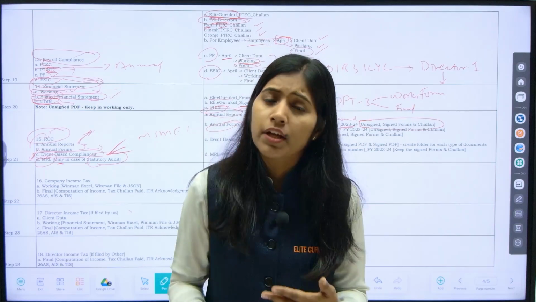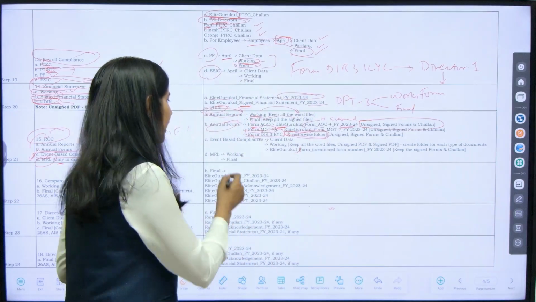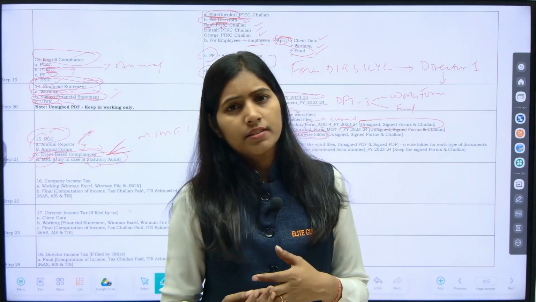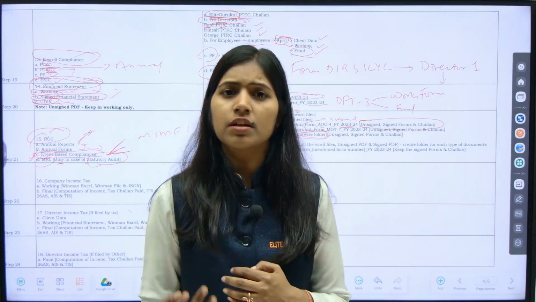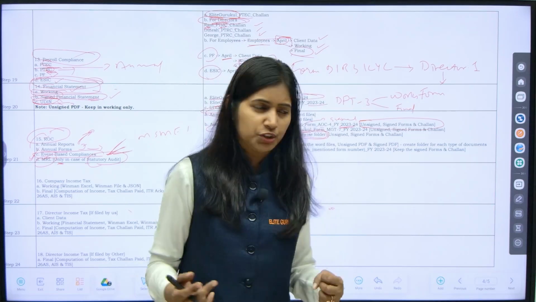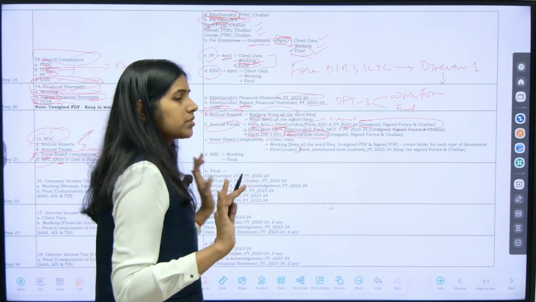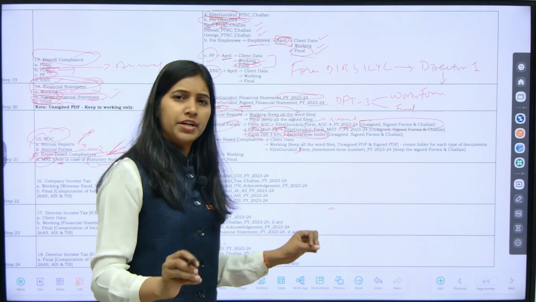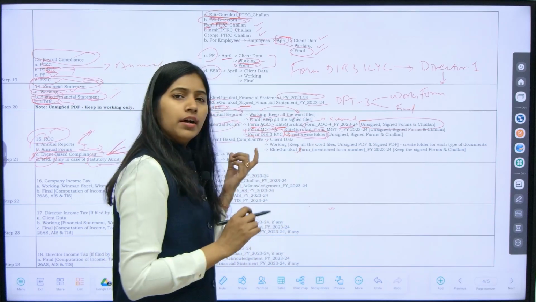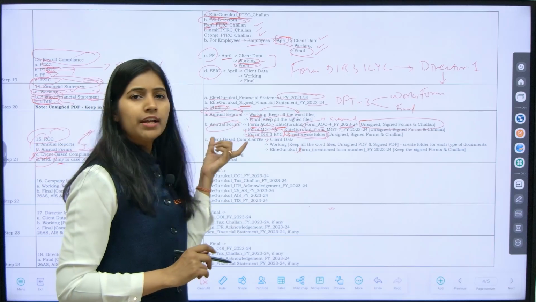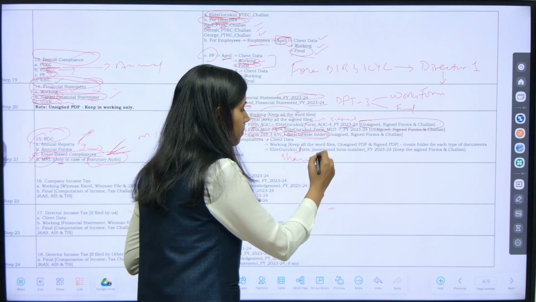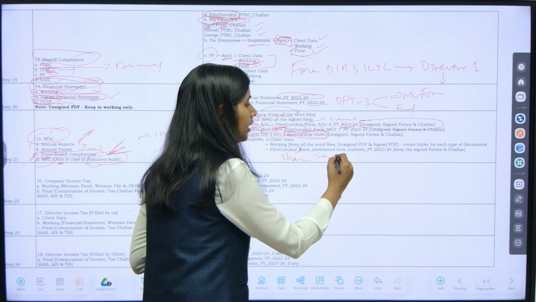And now let us move to the event based compliance. When I say event based compliance, that means it is happening on an irregular basis. It happens when a certain event happens in the organization, and it will not happen if the event is not happening. So how are you supposed to keep the folder? Say for example, share transfer is the issue. You have to mention the event based compliance. So I mention here as a main folder, share transfer.